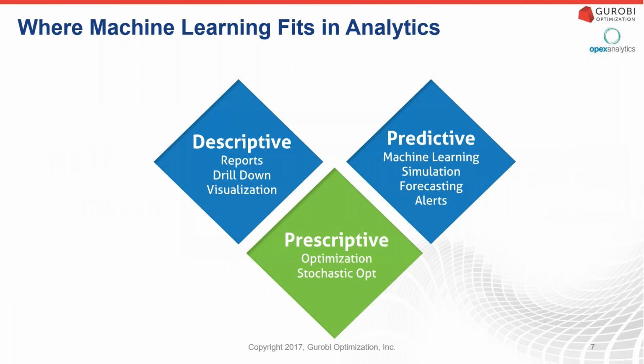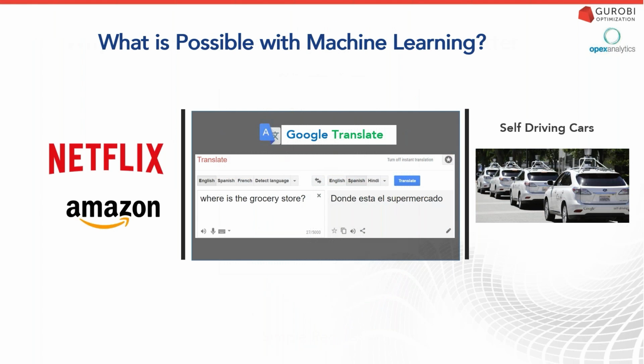So I'll just start at the basics. Where machine learning fits in: if we think about an analytics framework, we have prescriptive analytics down at the bottom, where we're doing optimization or stochastic optimization, which is what we all know about. And then the other areas of analytics would be the descriptive analytics, where you're reporting, or the predictive, which is where machine learning fits in. So we're going to focus a lot on what machine learning is, how this works, and what kind of benefits it can bring us.